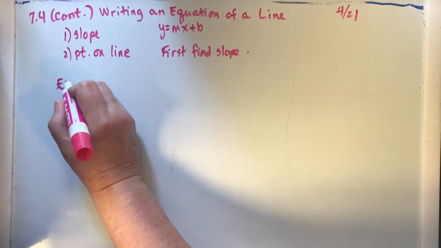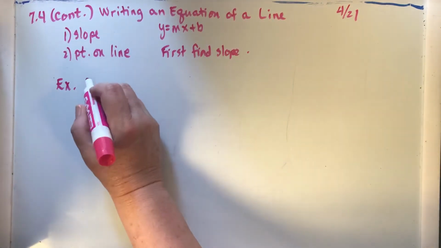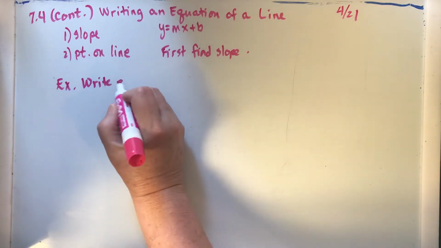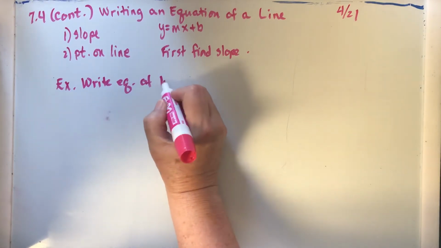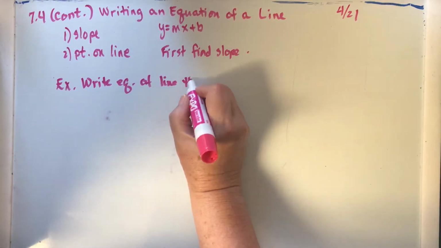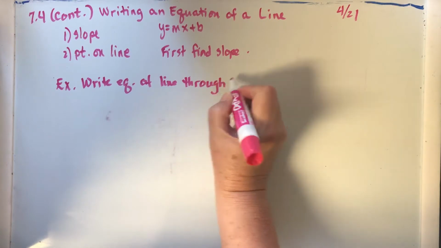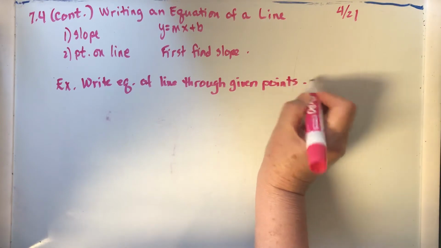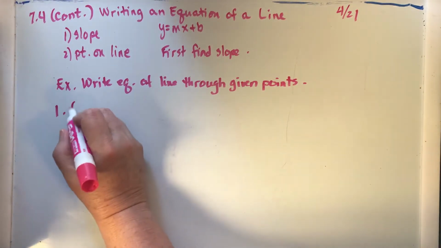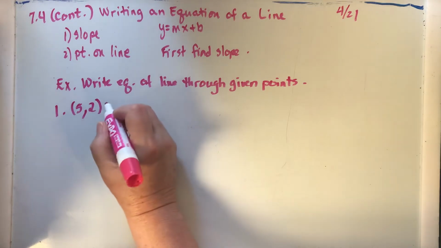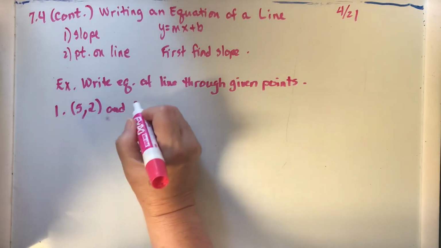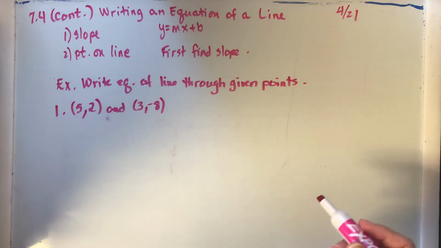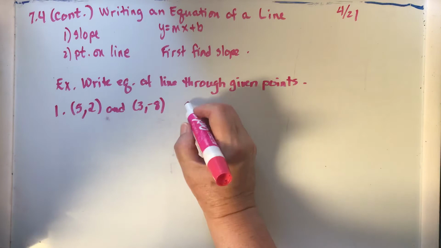So for example, we're going to write the equation of the line that goes through the given points. Number one, suppose they give us that the line goes through 5, 2, and 3, -8. We've already had a section where we learned how to find the slope between 2 points, but just to refresh your memory,